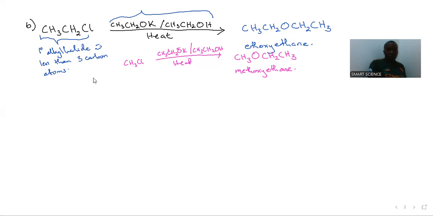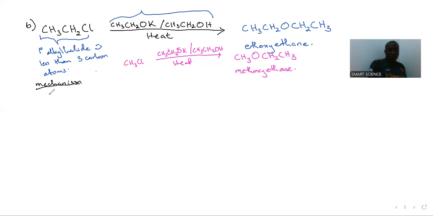So that is how we can go about this mechanism. If we write the mechanism of this reaction,